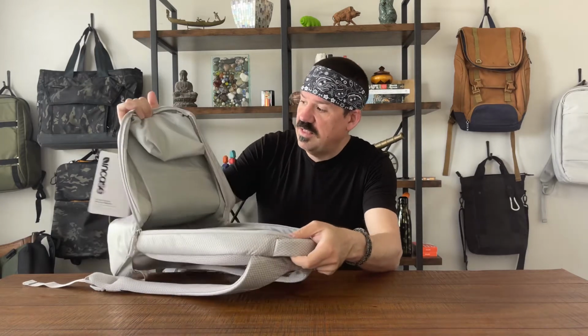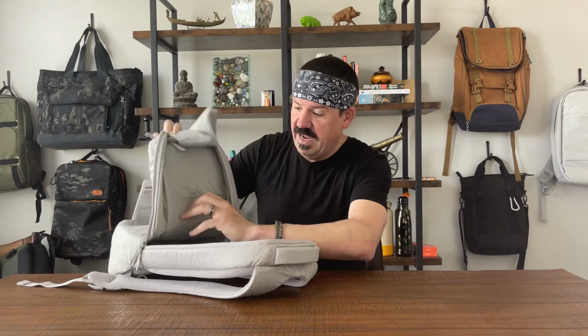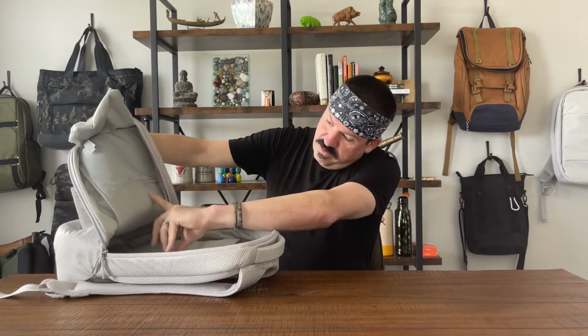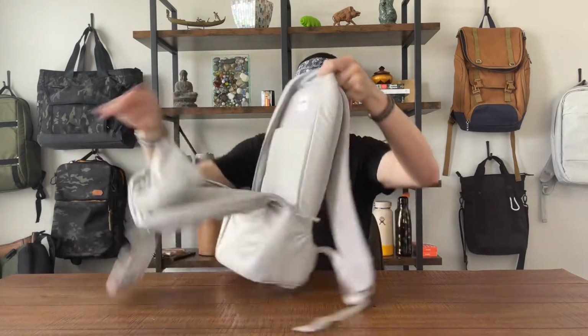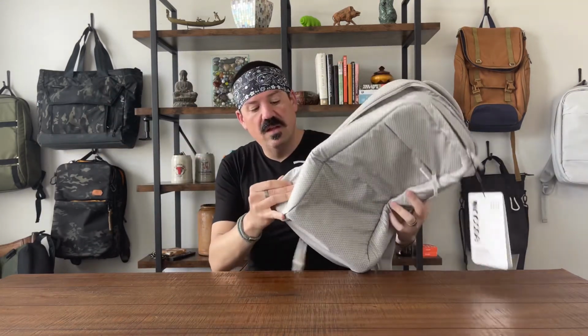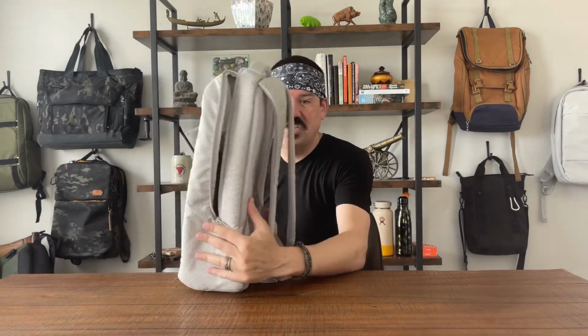And then inside the pocket here, this is not a secondary pocket. This is the felt-lined pocket hanging down inside the middle of the bag. Then you have two pockets there, and you have your laptop sleeve. You do not have pockets on the outside. You do not have pockets on the back. What you do have is a very minimalist bag that has some of the shape of the Icon, but that's